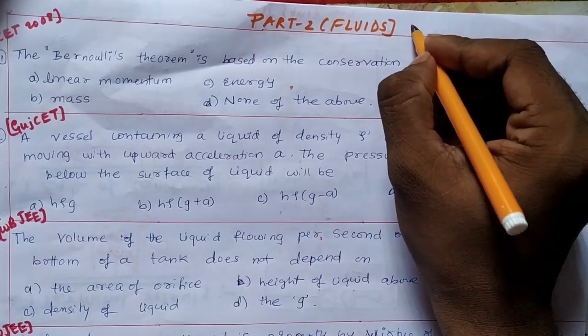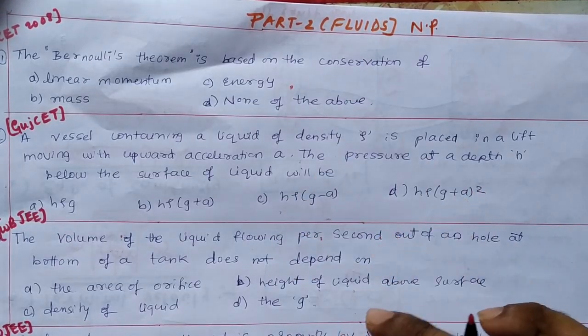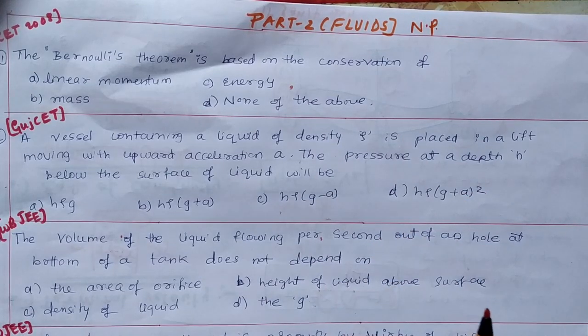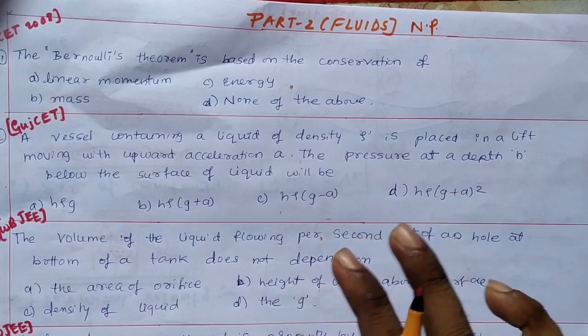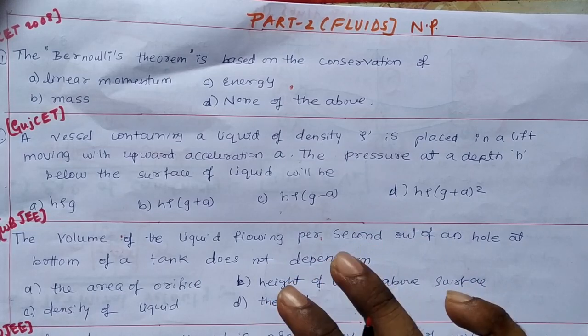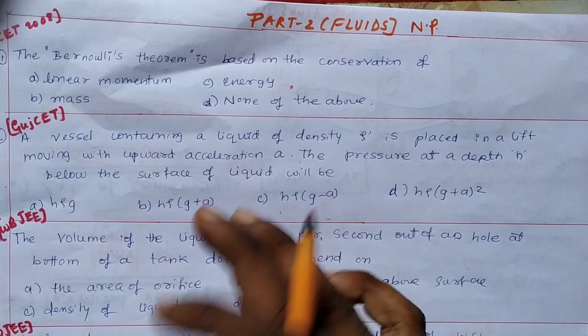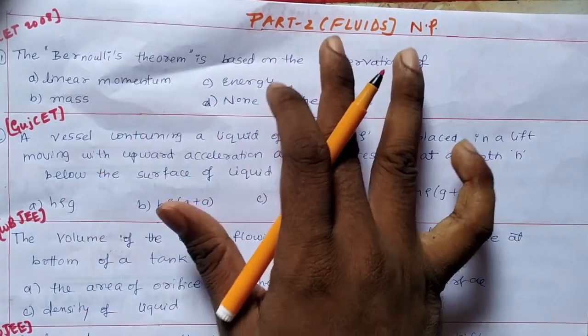This is part 2. We are now solving some numerical problems, usually problems from KCET, NEET, JIPMER and AIIMS. From this chapter, usually the questions are theory based, so you have to be very careful with theoretical concepts, whatever the laws may be, like Pascal's law, Stokes' law and Bernoulli's principle, efflux, everything, surface energy, surface work done for a bubble, for a drop, that we have seen in the last class. Please have keen observation on those concepts, those synopsis. Okay, let us now move on with some concepts.